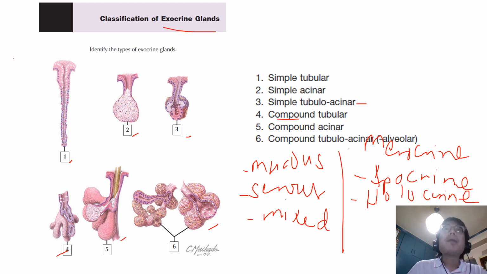Again, merocrine secretion, the most common type of glandular secretion, involves the release of secretory vesicles from the cell by fusion with the plasma membrane. Apocrine secretion, such as in mammary glands, involves the release of the apical cytoplasm of the cell, and holocrine secretion, such as in sebaceous glands, involves the actual disintegration and release of the entire cell.